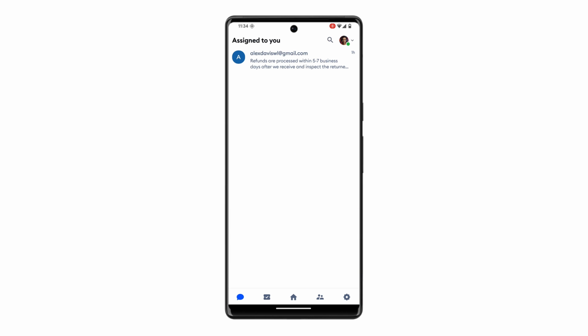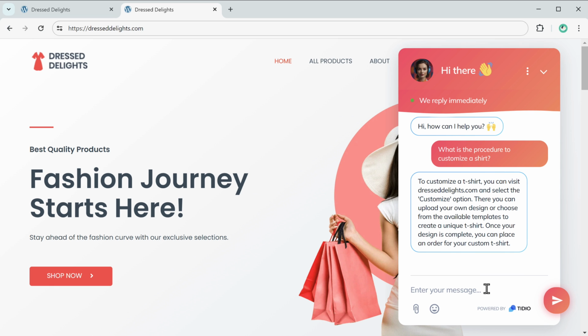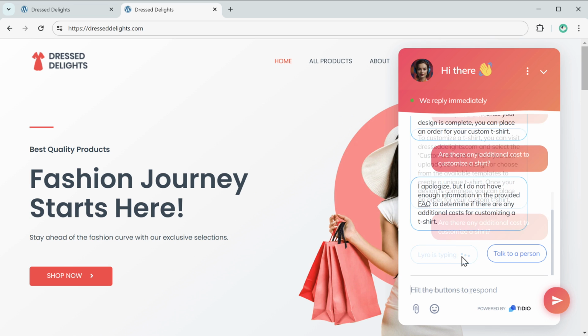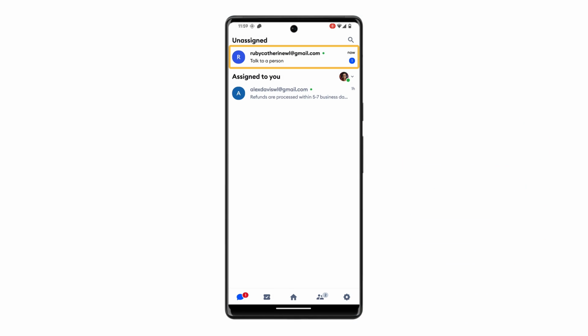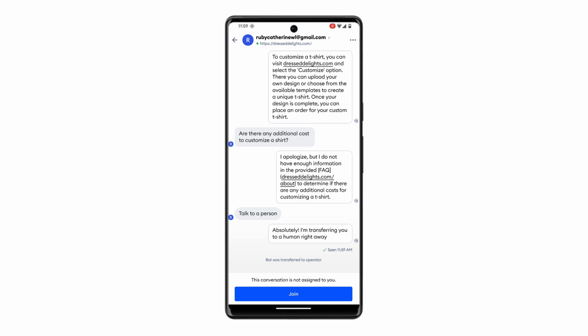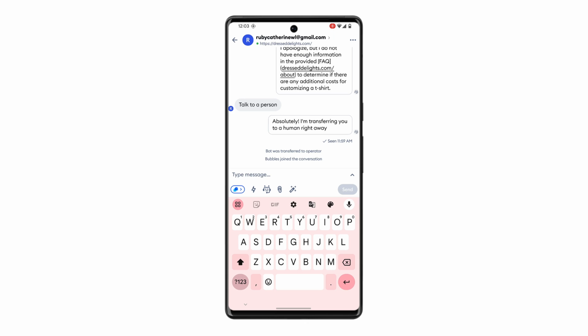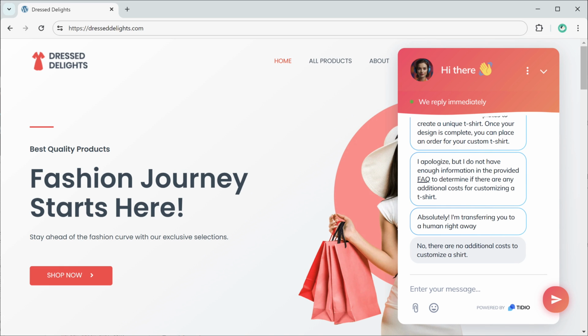And that's it. If any visitor wants to chat with you, you'll get a notification on your mobile app like this. Just tap on it and you can see the conversation here. You can open it, send your reply, and the visitor will get a reply like this. Okay, so this is how you can quickly check conversations on your phone and reply to your visitors at any